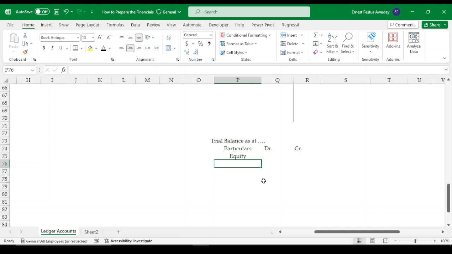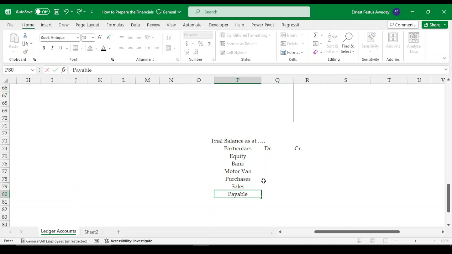And so we have equity, we have bank, we had motor van, we had purchases, we had sales, we had payables, we had receivables, sorry, we had cash,